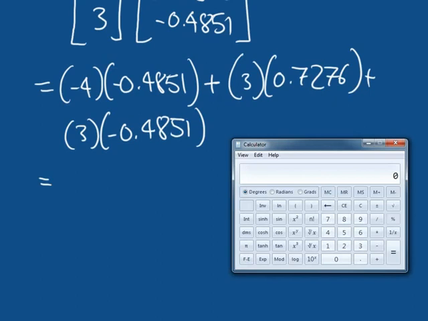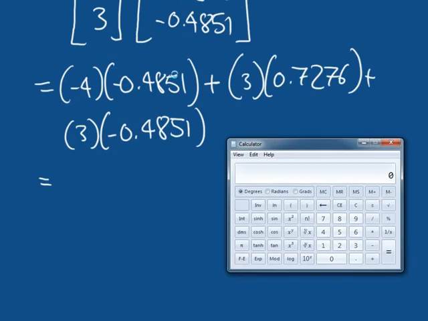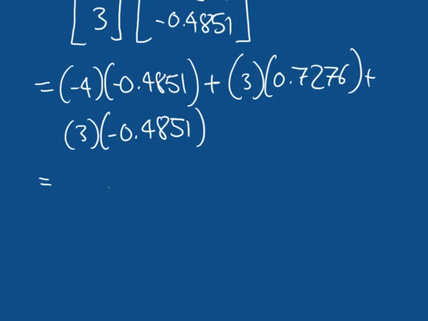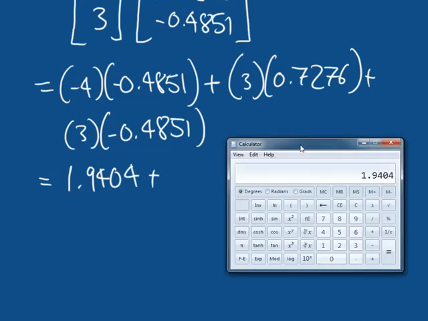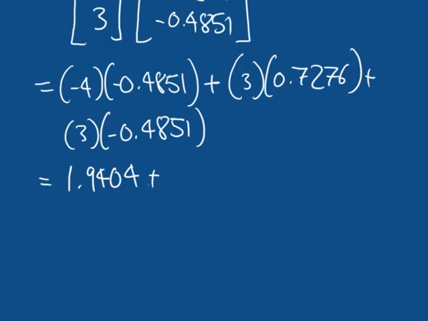So I've got a minus and a minus. That means I know I'm going to get a positive value. So I'm simply going to put in a positive 4 and a positive 0.4851. So 4 times 0.4851 is going to give me 1.9404. So 1.9404 plus, I need 3 times 0.7276, so 2.1828, so plus